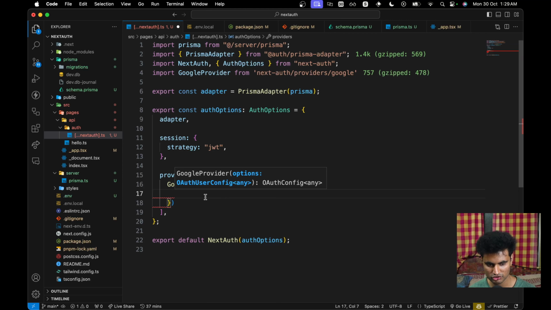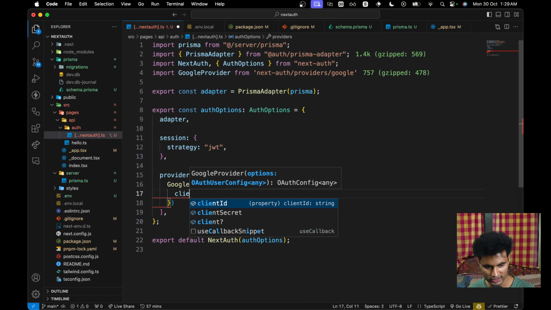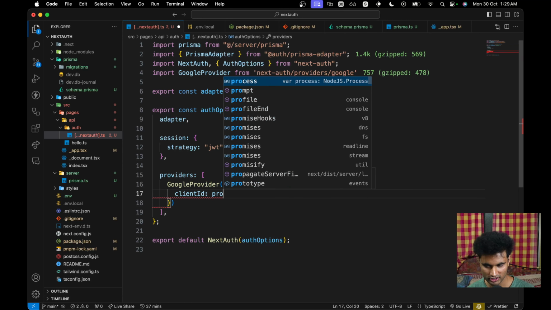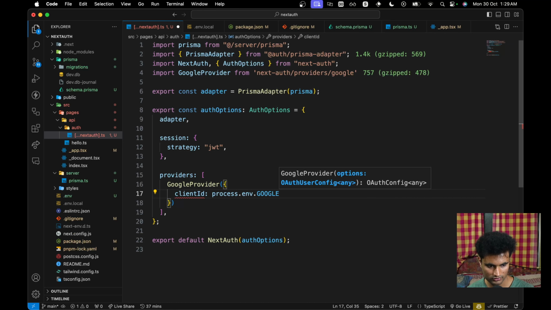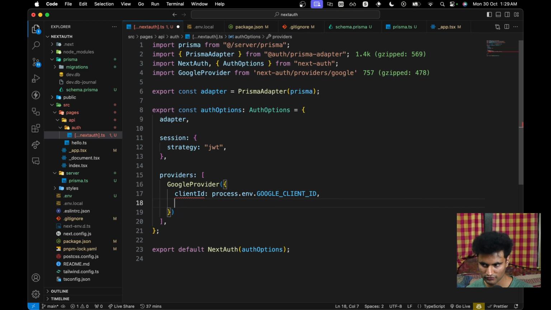Okay, I'm pretty sure that it's done. Now we can have client ID. We can have process.env.GOOGLE_CLIENT_ID, and same for secret, so client secret. We're just going to copy this Google secret,